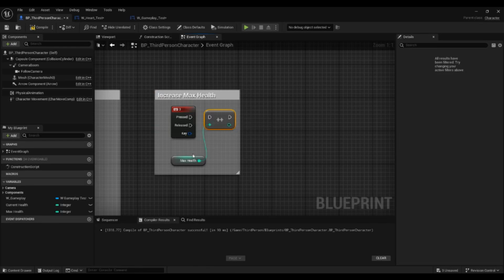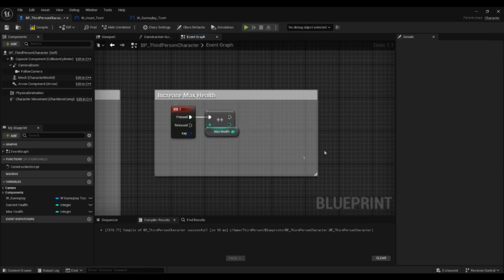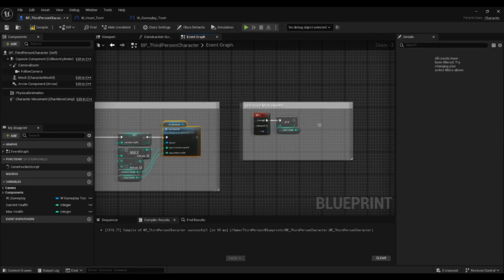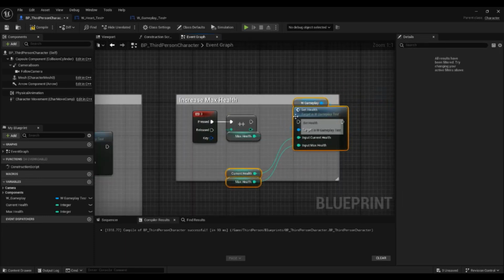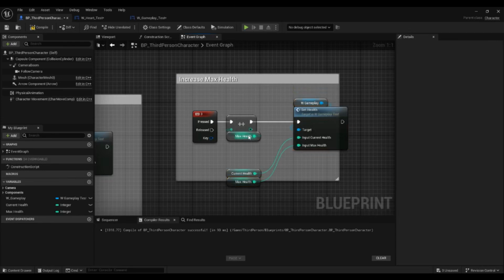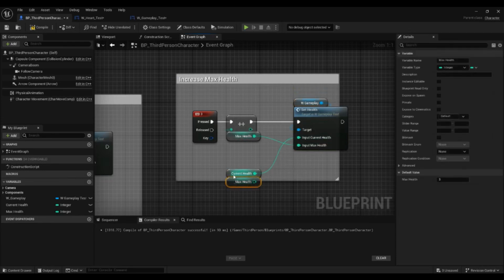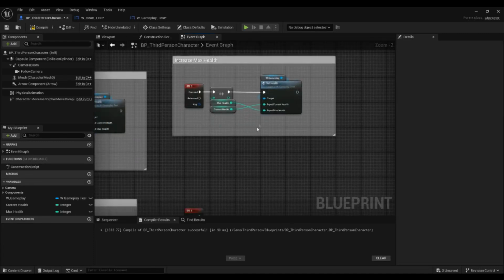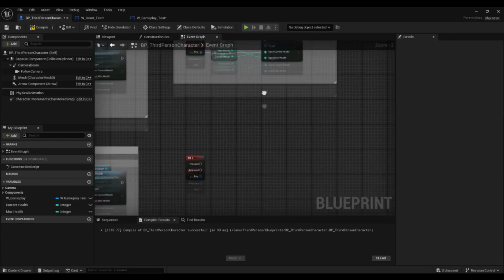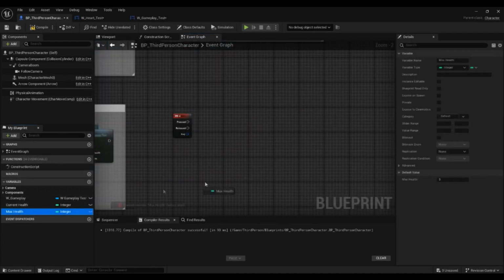We can have as much max health as we want. So this is why we'll simply increase it, and all we have to do is simply just call this. Yep. And what about subtracting health? Subtracting max health. Well, in this case, we would also take the max health, but